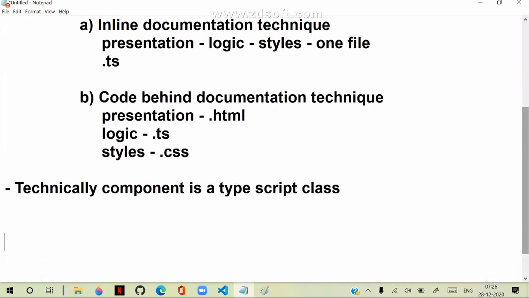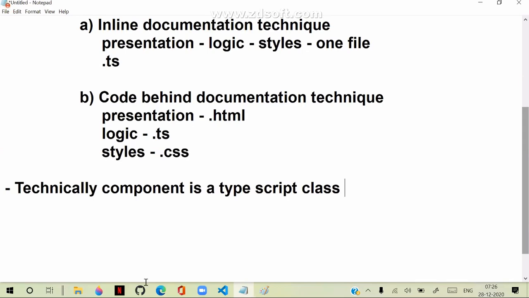Component is a TypeScript class that defines the entire functionality. Design and logic, everything is defined in this TypeScript component file. Actually, it is a class. And we will see how we configure the class, how we can handle it and how we work with that.